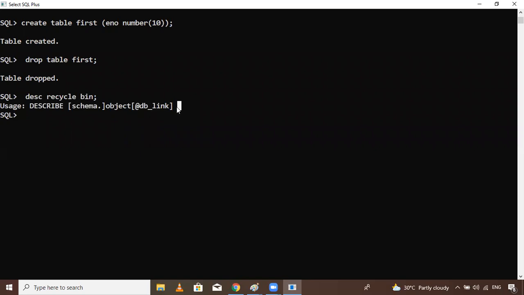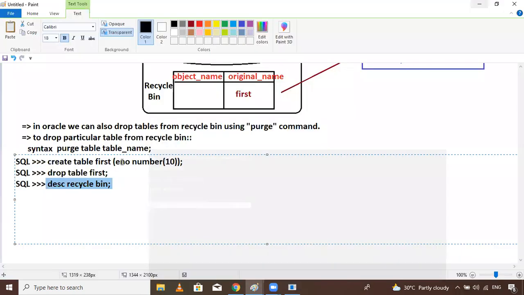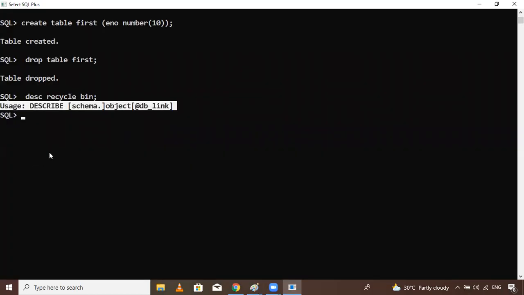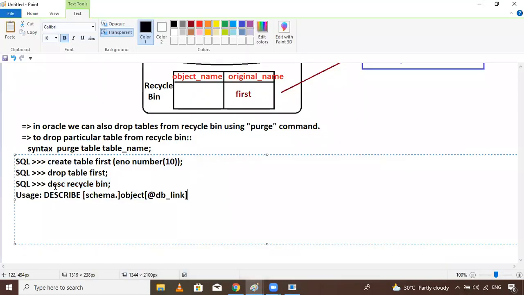Observe this, the object is there. Inside the recycle bin, one object is there. So now when you perform this operation, I'm pasting this here. After this SQL, perform one more command to show which object exists inside the recycle bin. So select